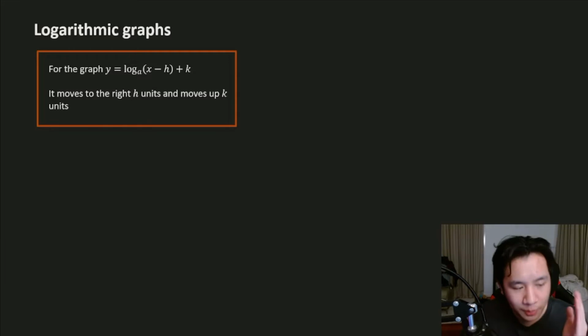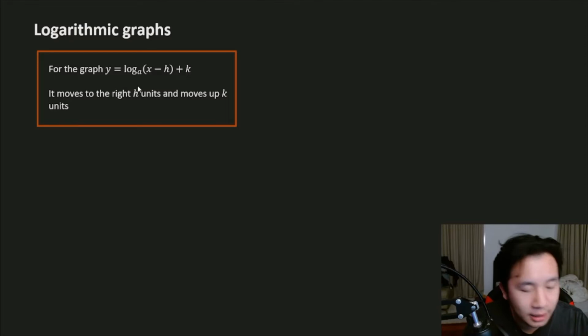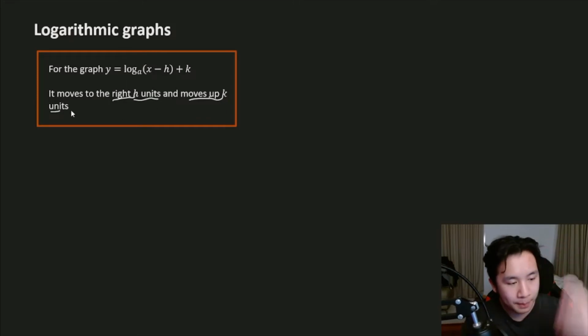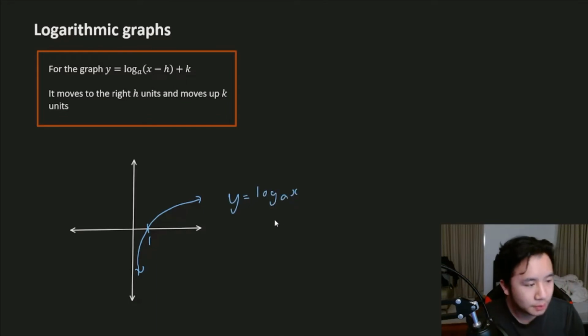All right, so let's talk about moving the log graph up, down, left, right. For this graph, y equals log_a(x - h) + k, if you have this form, it will move the log graph h units to the right, and it will move the log graph up k units. So this is just the regular y equals log_a x relationship. And if you wanted to move it to the right, let's say 2 units, then